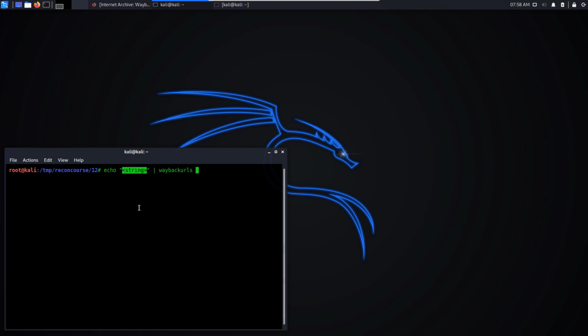Or if you have a list of domains in a text file, you can simply do cat domains.txt, assuming that this is a list of domains, and then Wayback URLs. What I usually do is I direct the output to files. So I would be doing echo, for example, yahoo.com, pipe to Wayback URLs, and then I would direct this to